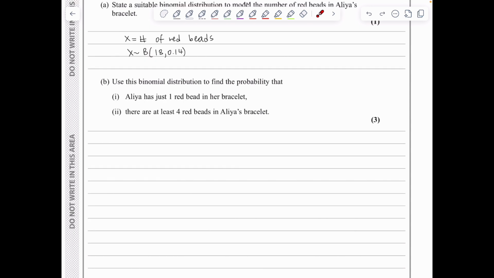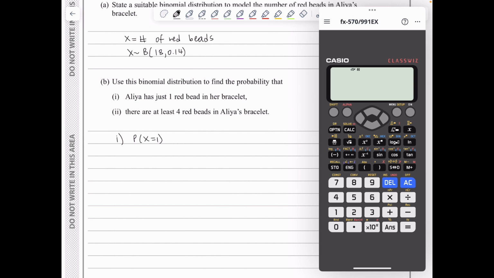In part B, we need to use this binomial distribution to find the probability that Aliyah has just one red bead, or that we've got at least 4 red beads. So for the first part, we're looking for the probability of X being equal to 1. So I'm going to go on my calculator, I press menu, option 7, it's option 4 binomial PD, and then option 2 variable. My x is 1, my n is 18, and my p is 0.14. I get an answer of